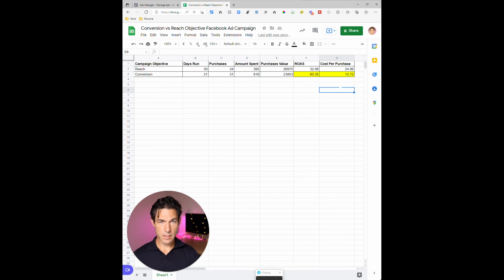Big difference. I think it just illustrates that the Facebook algorithm is still able to do a good job with finding people who are more likely to purchase from a warm audience that consists of your website visitors, your mailing list, your Facebook ad engagers, your Instagram engagers. It's able to figure out who out of those people are the ones who are more likely to purchase and do a much better job with your advertising spend than just simply showing your ads to all of the people in those warm audiences and making a broad assumption that everyone is equally likely to buy.